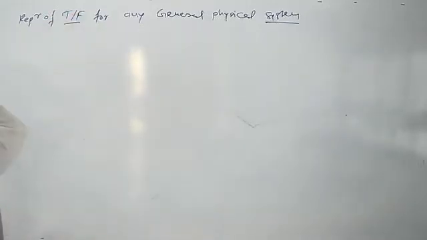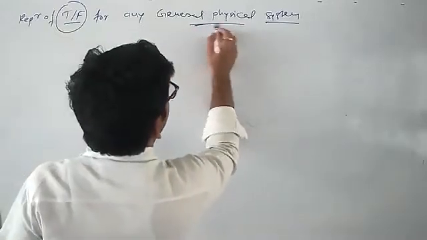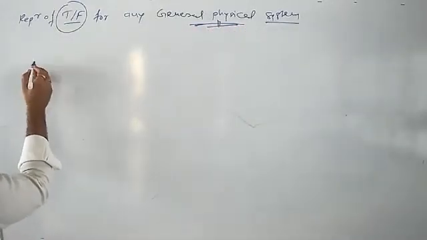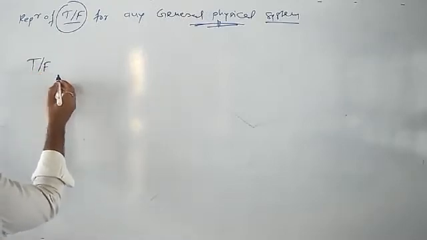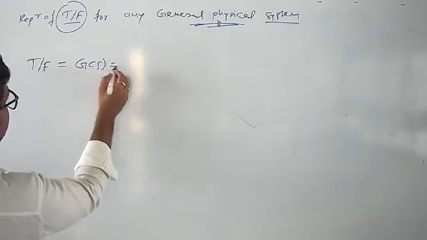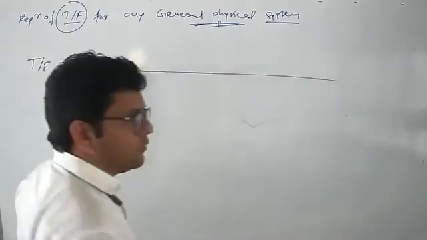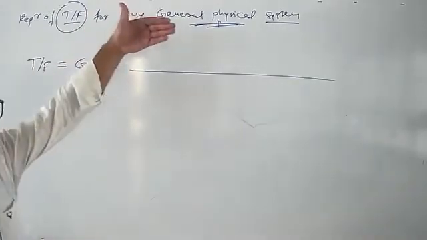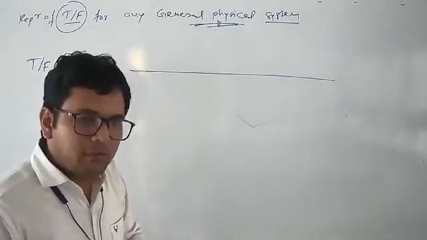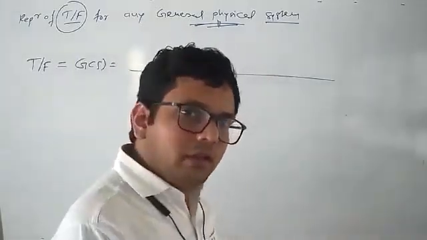So what will be the general expression to represent the transfer function of any physical system, which is very important. कोई भी physical system आप लो. So the mathematical expression to represent any physical system is like this. So transfer function is nothing but G of s, which is in the form of ratio of two polynomials. In numerator we are having one polynomial, in denominator we are having another polynomial. But remember one thing, that both the polynomials are defined in frequency domain, or you can say in s domain.